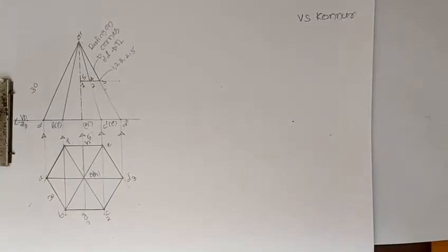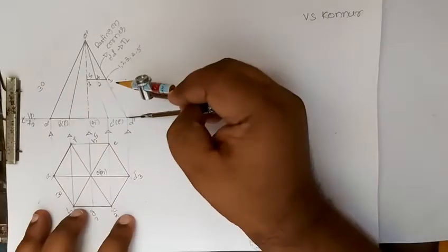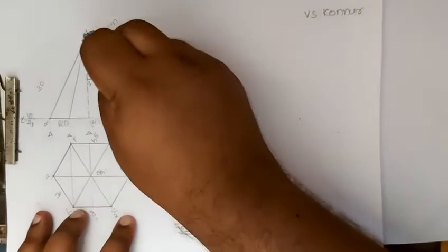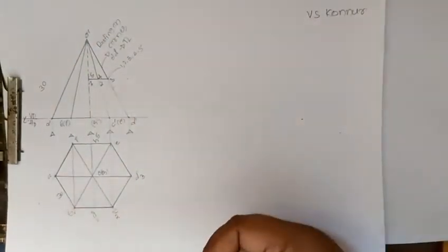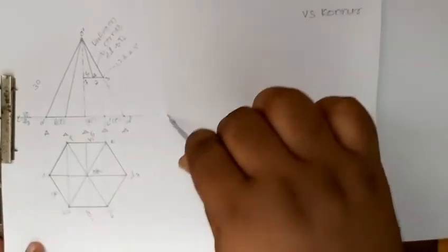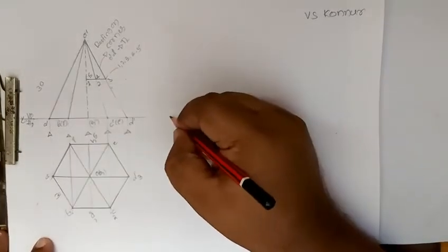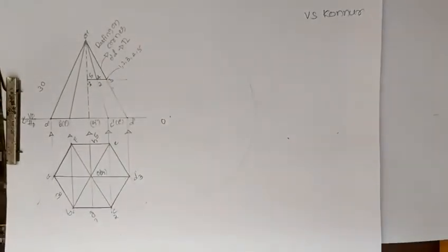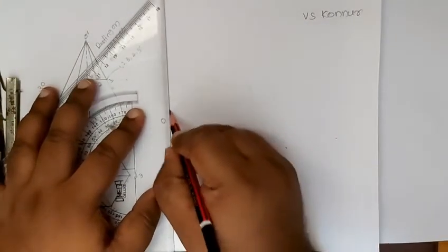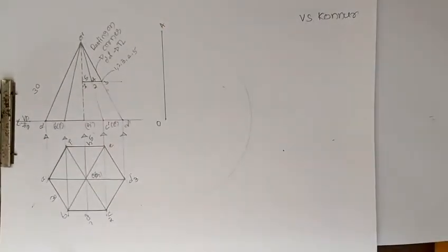Now we'll take the true length distance and draw an arc. This is your true length, O'D'. I am taking from D' to O, and then you can mark anywhere and draw an arc. Now this point I am considering as O, and then we'll join this O point to the arc. Wherever you want you can join, no problem, and that point we are considering as A.